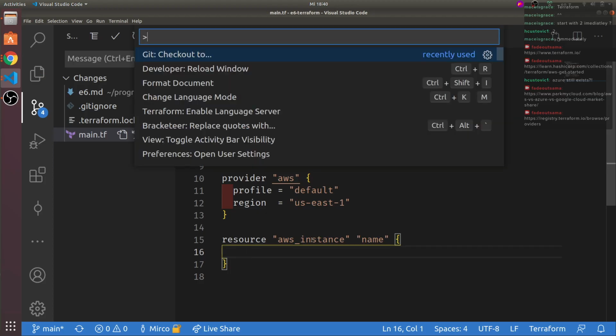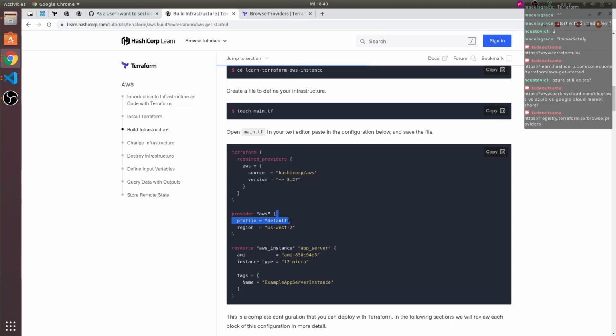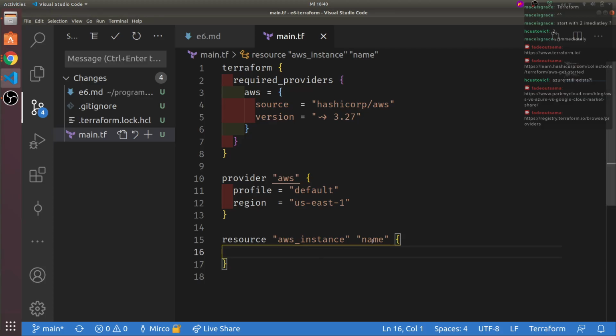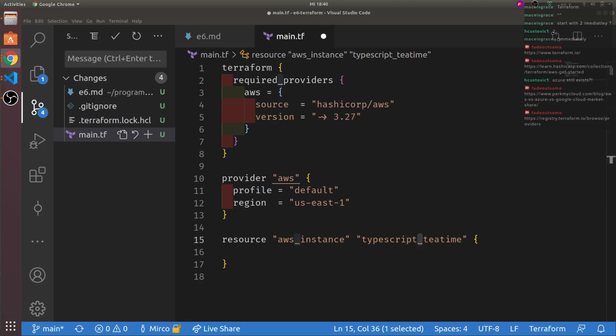I don't know what exactly is happening with the plugin, but sometimes you get auto-completion, and sometimes you don't. Let's call this TypeScript Time. And I don't know whether this is just a convention, but they use underscores most of the time.